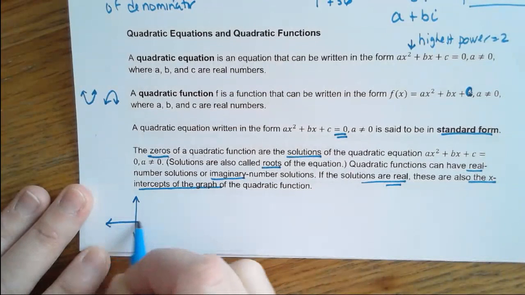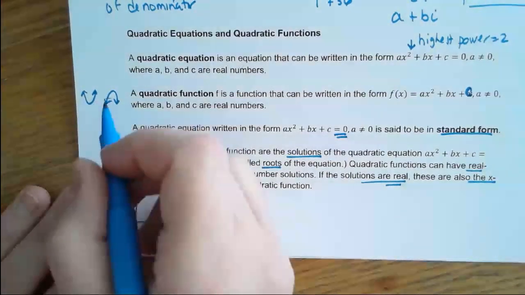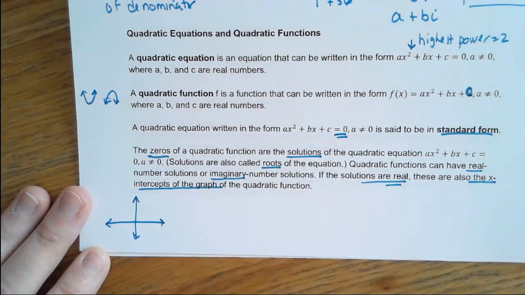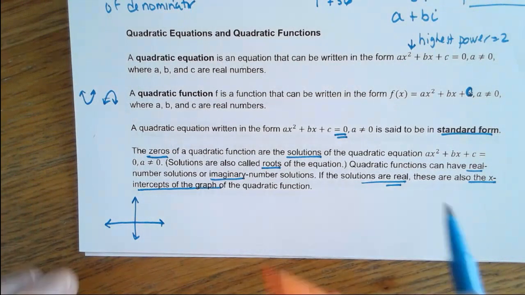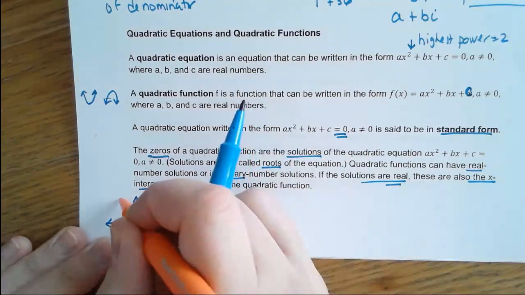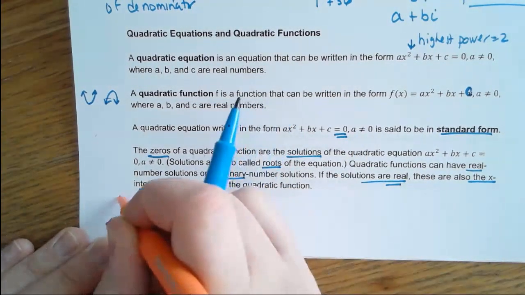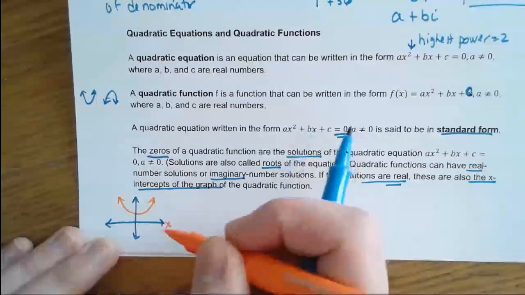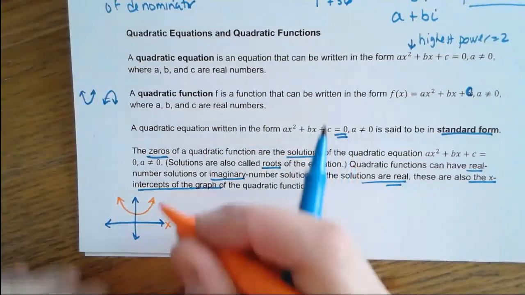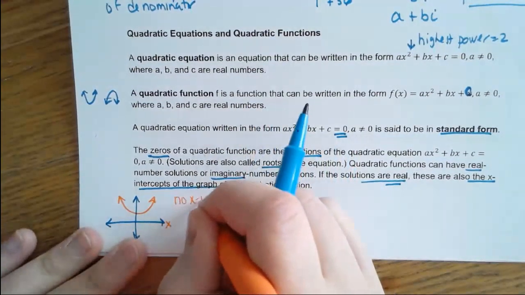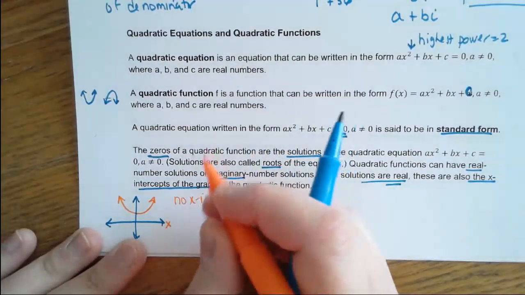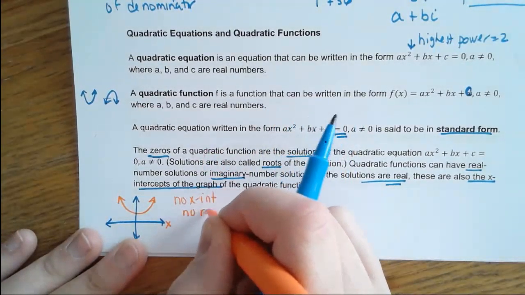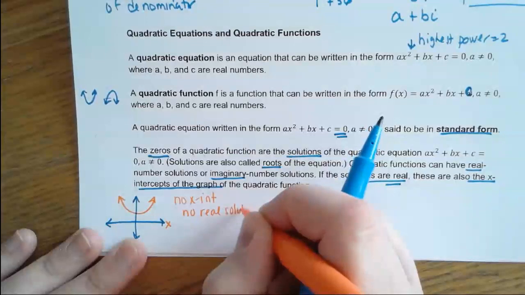And again, the shape could be up or down, so I'm not going to do every single possibility, but I'll show you the three main things. One thing that can happen, for instance, is your graph doesn't touch the x-axis at all. So in a case like this, there is no x-intercept on the graph. So what that means is that there are no real solutions,